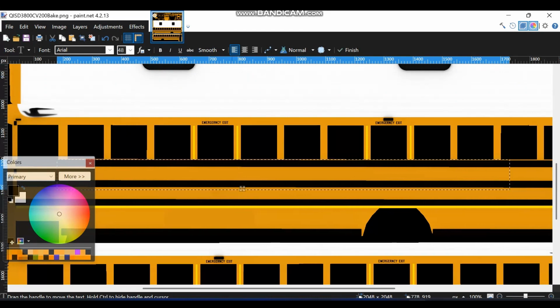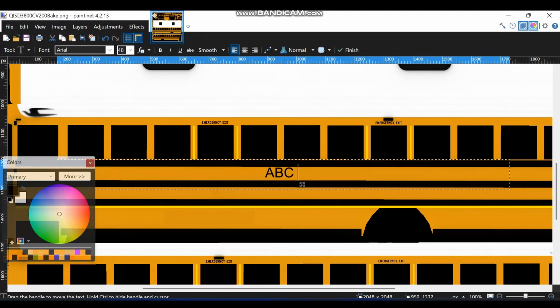Okay, you can also use tools like, as an example, if you want to capitalize it, you can. My keyboard's acting weird. You can capitalize it if you want. You can bold it, italics it. You can do all kinds of things. So, for example, I'm just going to do